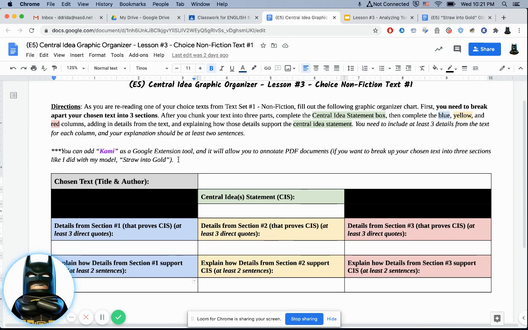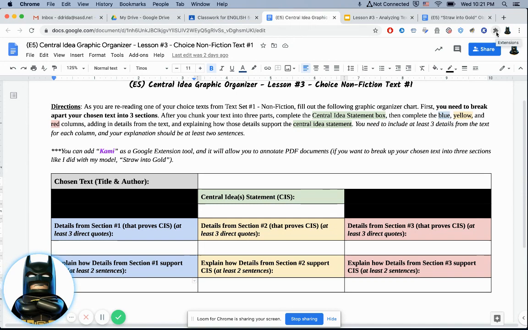I have a note in here. I can show you how to do this if you have questions. Kami, this is a Google extension tool that allows you to edit PDF documents. So that's how I was able to section up Straw into Gold, is I used Kami, which allows you to draw and write on and do all the stuff on PDF documents. So if you want to add that on a Google extension,